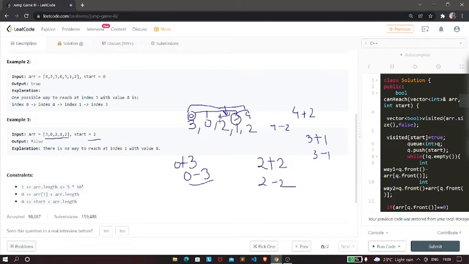So again we're going to see this. Let's say that we move to index 2. Currently our I is at index 2, so if we just sum up 2, then it will lead me to 4, but it is already visited. And if you subtract, 2 minus 2 is 0, but 0 is also already visited. So we have seen that there is no other way we can reach the element 0, and hence it has returned false. Now let's see the algorithm for this problem.